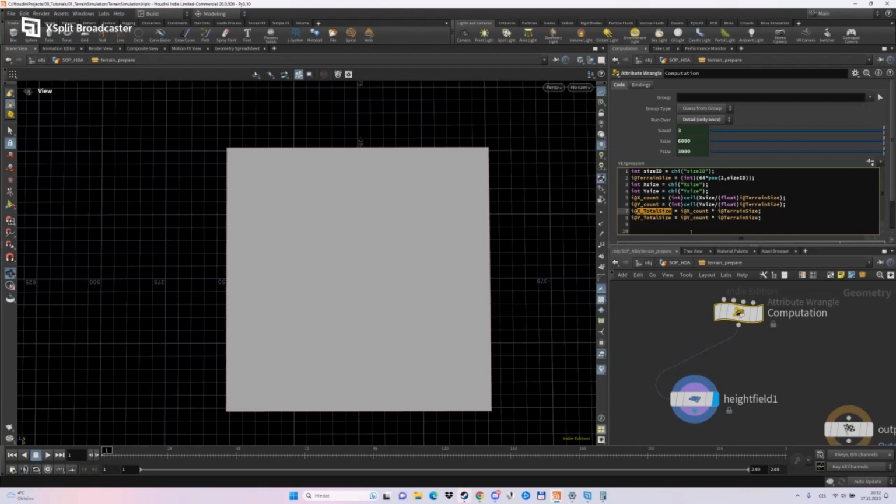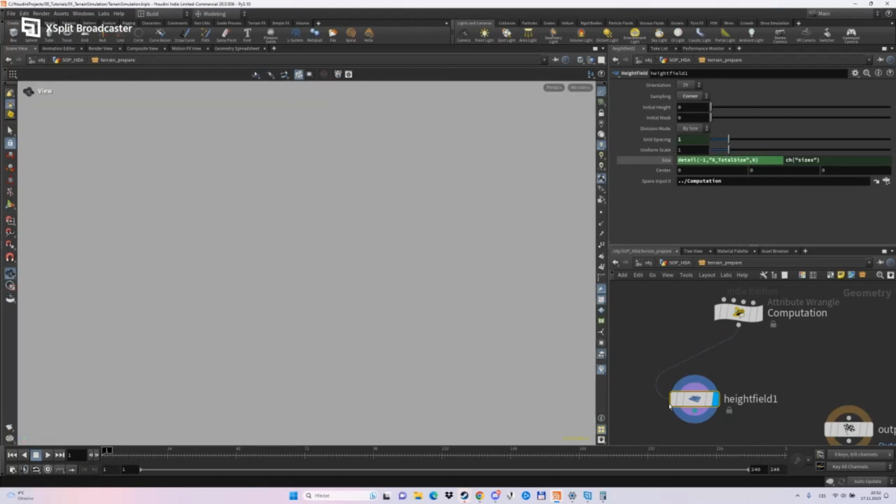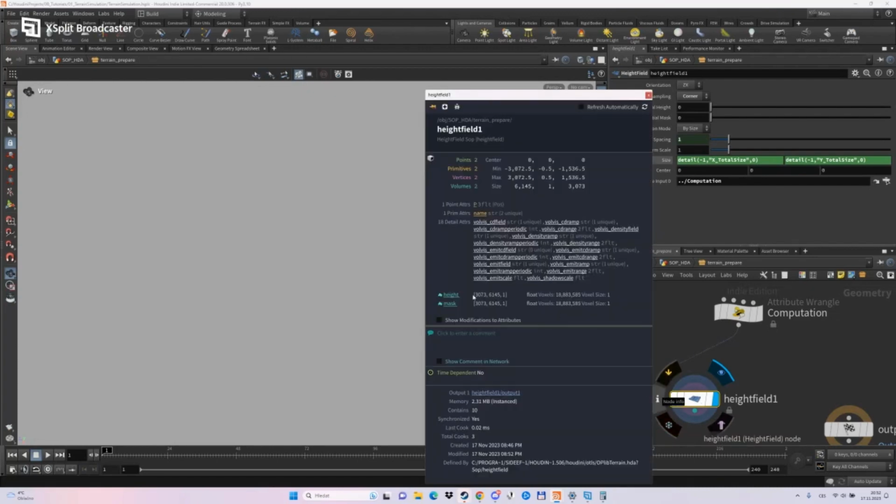So we don't need to time it by x size and y size, and we can use directly this one, and here as well. We don't need to multiply it also. So now it's our final terrain,